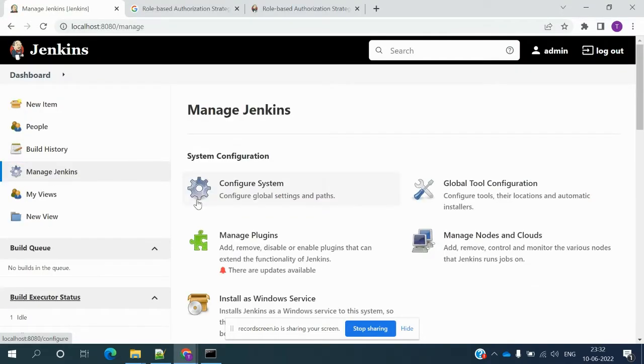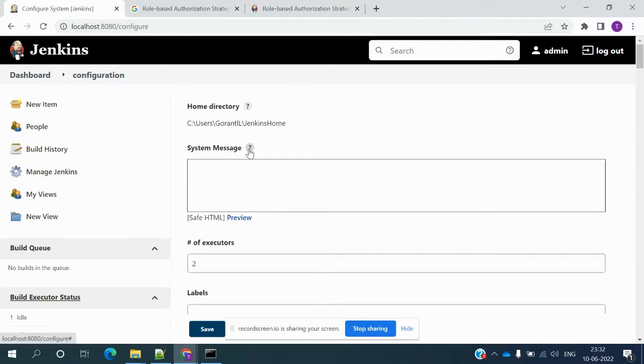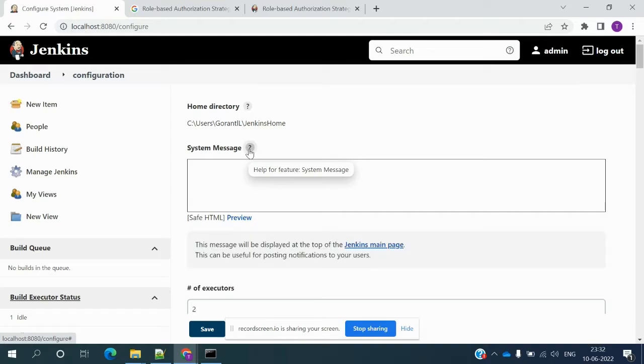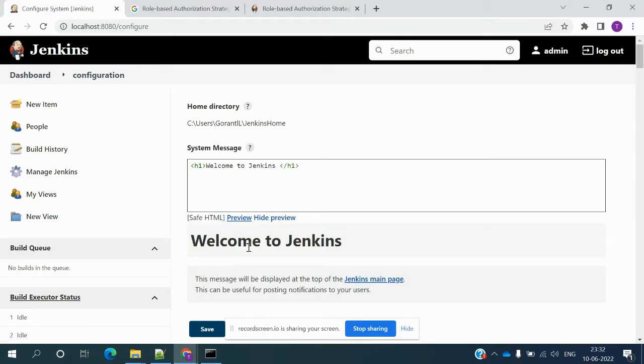And the second thing, we can provide a system message. Here we can provide some message, and the tag is present, so h1 or h2 tags can be used. I'll type welcome to Jenkins, I'm going to use the h1 tag, and we can do a preview. This is the one, and here we can do apply,